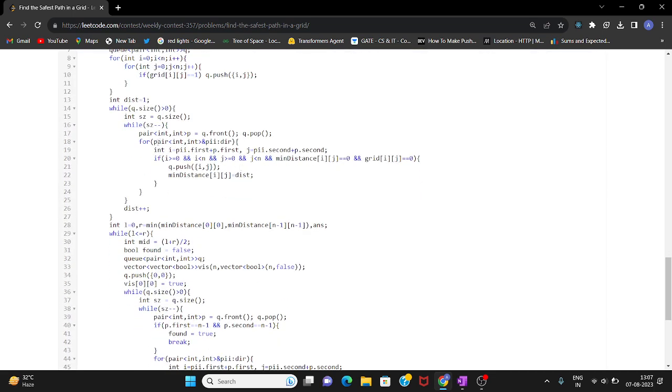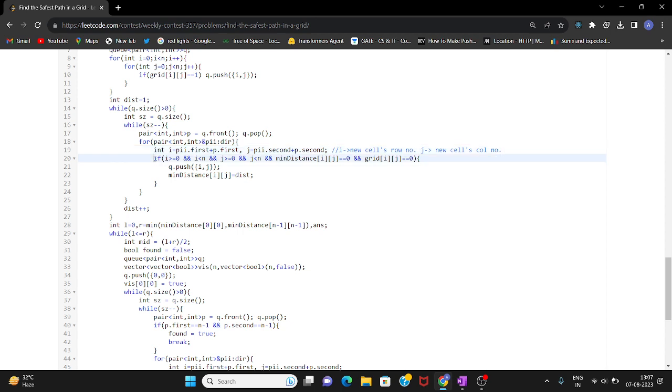We just have to traverse this array dir and calculate our new cell position, which is indicated by i and j. i is the new cell's row number. j is the new cell's column number.